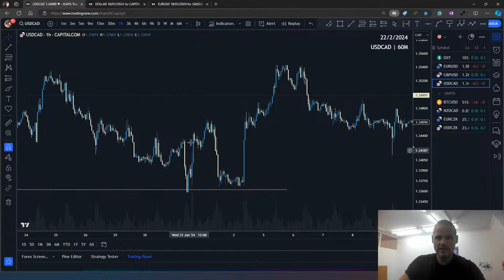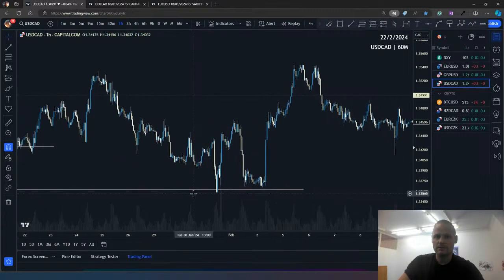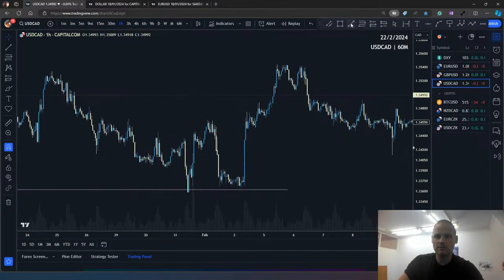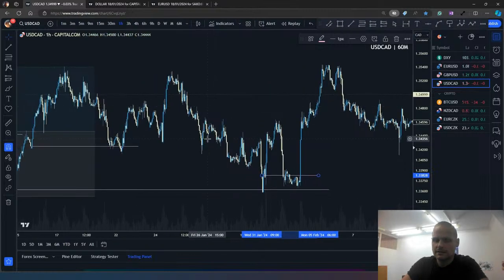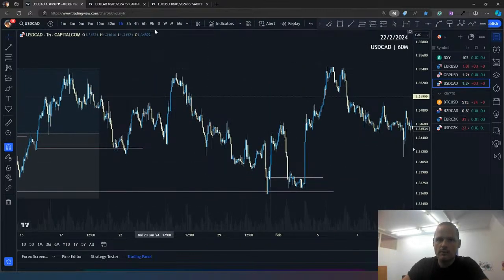Then we have again a breakout, and price drops lower. We can see here was a gap. Here was a gap, so here it would also be possible to take a trade for the long. How do we know that? Also, another thing about liquidity: how do we know where we are going?